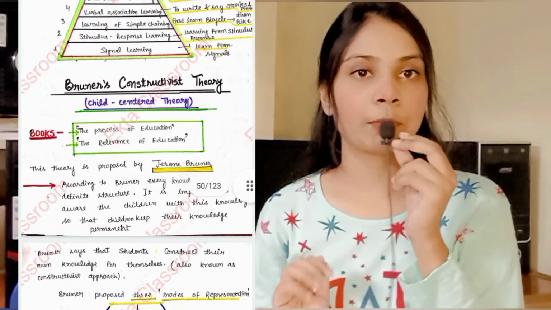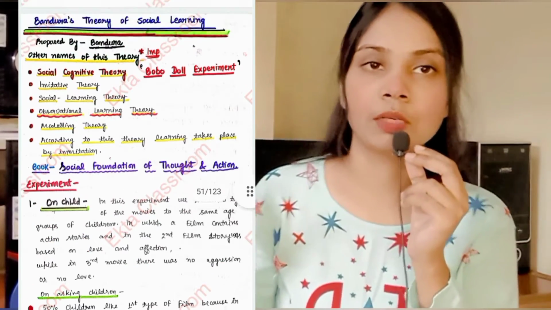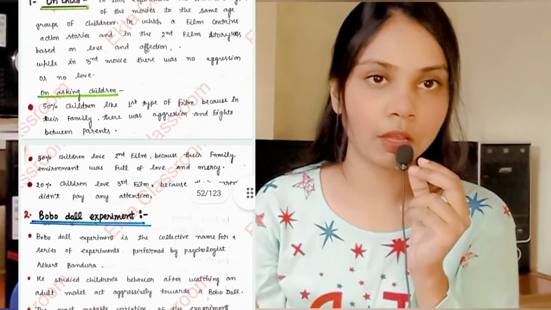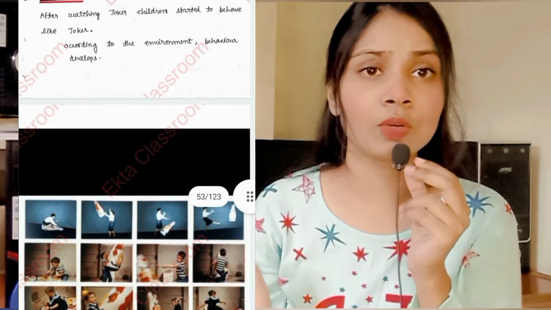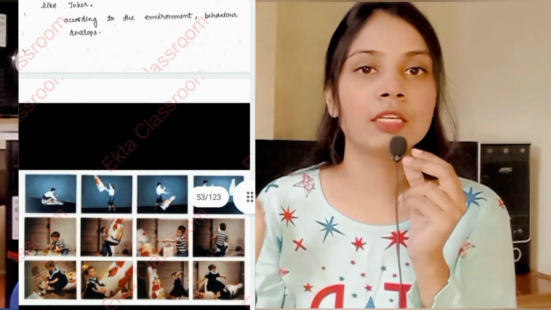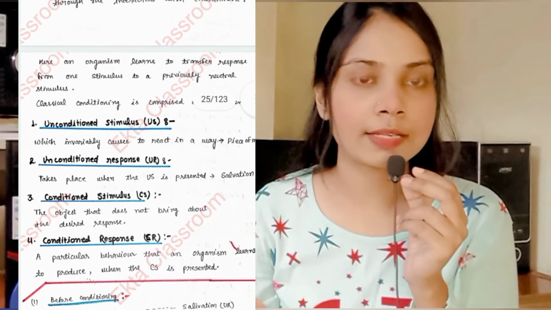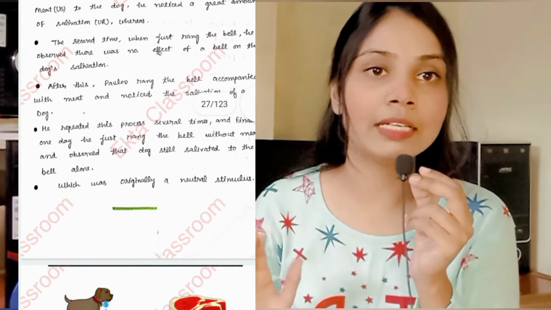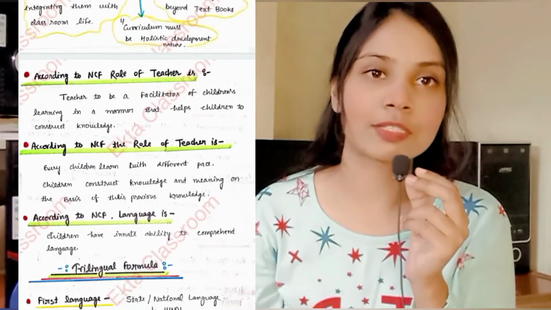So friends, if we talk about content, as you can see on your screen, I have given Bandura's theory of social learning. I have completed the theory section first, okay, and after that I have given a picture about this experiment so that you can understand everything easily. And in the whole notes I have given flow charts and diagrams so that the notes are very unique. When you read it, you feel like you are reading a very interesting book. Okay, so this is all about the notes.